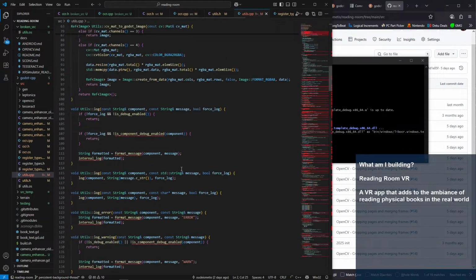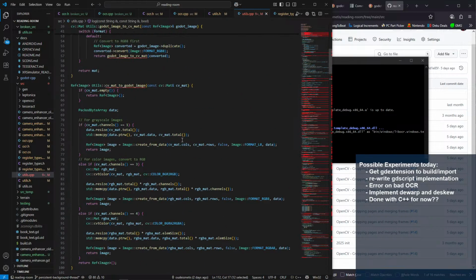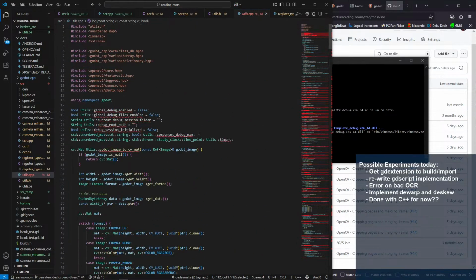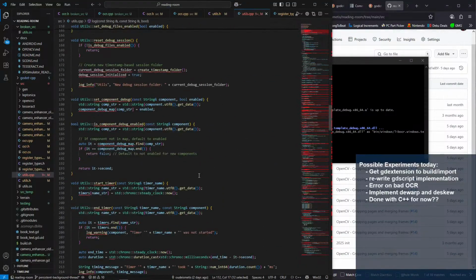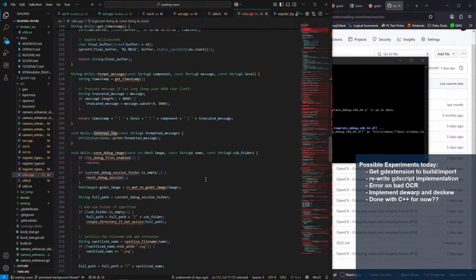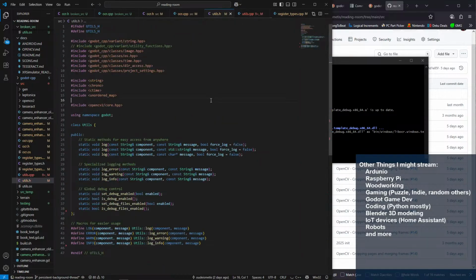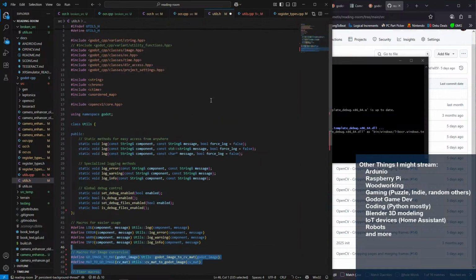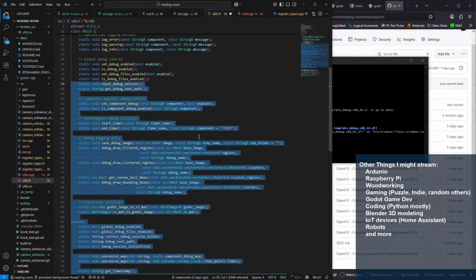And then here, what was internal lock? Why is that even a thing? Fine, I guess I'll keep internal log, right?